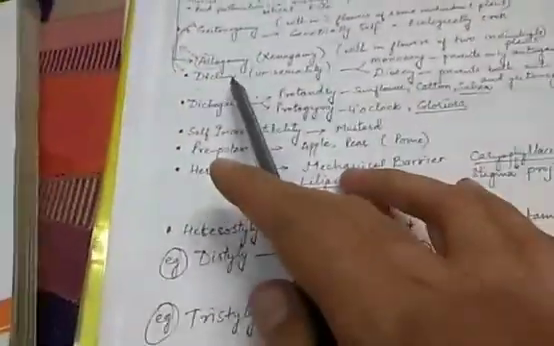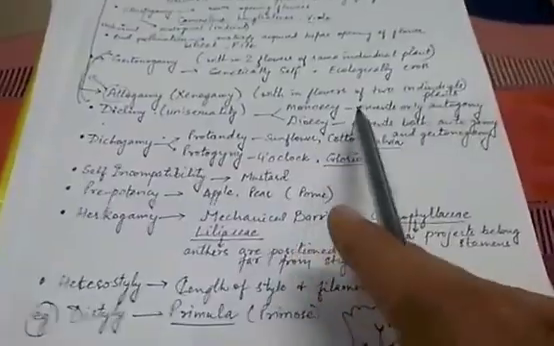So the first method is dicliny. It can be monoecious or dioecious. This will prevent